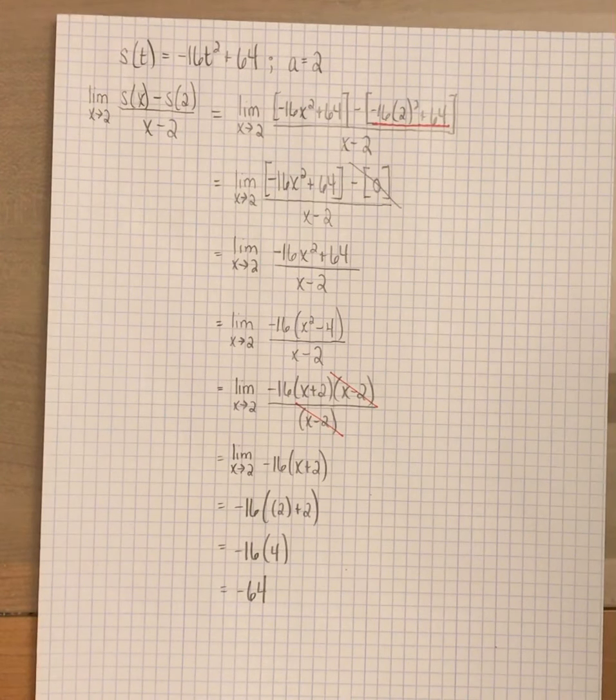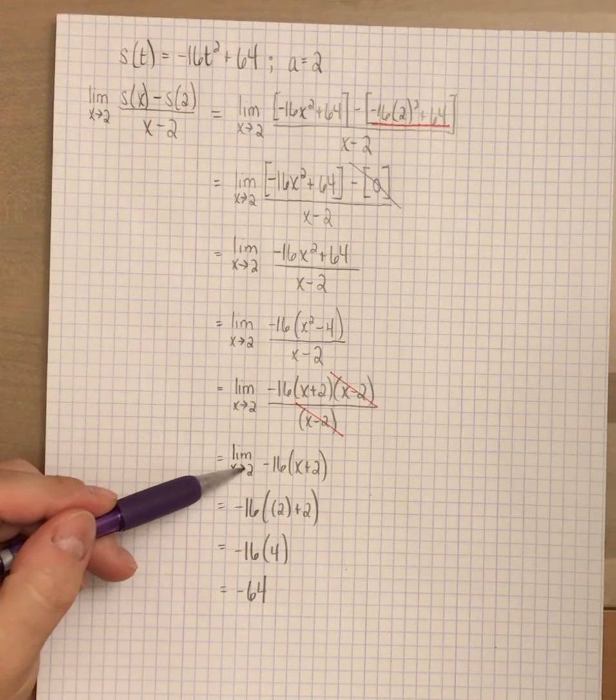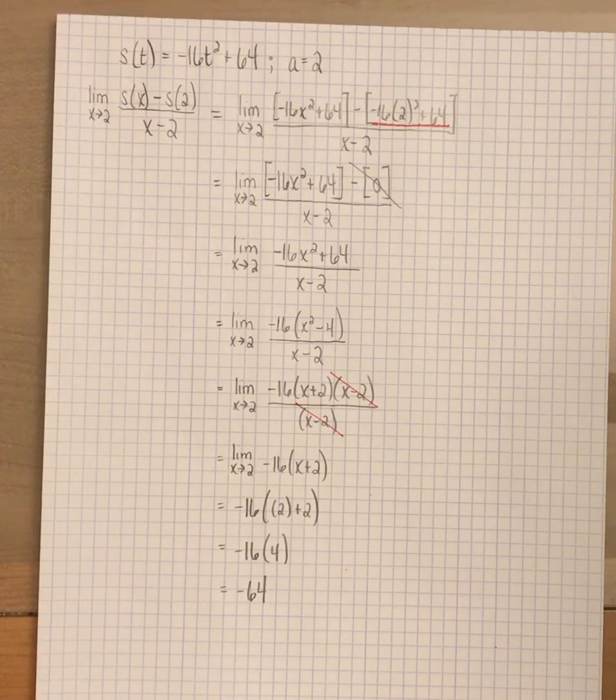Now, of course, one of the advantages of the algebraic approach is that it can be easily adapted for other target values. Whereas if we were doing the numerical approach, we would have to go through all of the average rate of change calculations and constructing a table to examine the trend of average rate of change values. This would be easily adapted if we had a different x value. However,